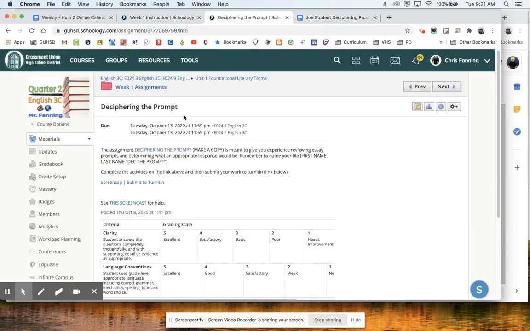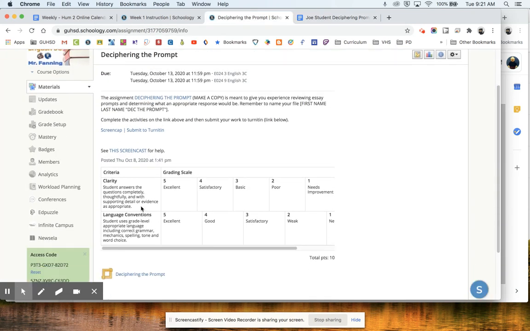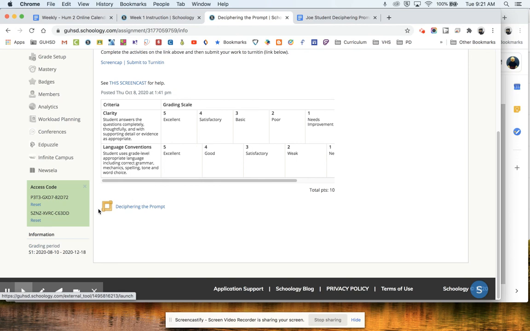So once you finish that, you go back to deciphering the prompt, and you'll notice that the only way to submit it is through this turnitin.com link. If you click on that, you can upload your file there. This is just a 10-point assignment, and it's for practice. But you can see the scoring rubric here, and you're scored on clarity and language conventions. All right,